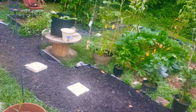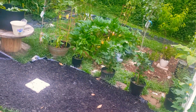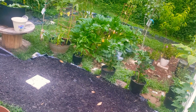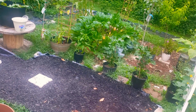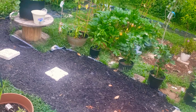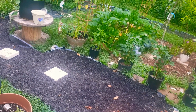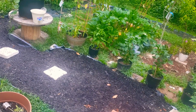For a first-time gardener, I had a few faux pas. It hasn't been really that major. Like I said, the only thing that I'm really disappointed in is how my squash turned out, because it is packed in there, and I have been cutting back some of those giant leaves to get some air circulation in there, so it's doing better. But anyway,